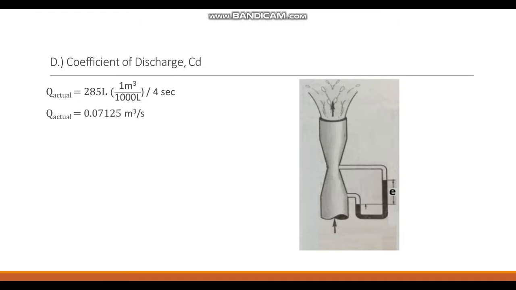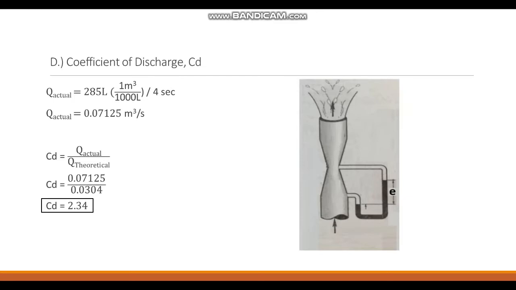For calculating the coefficient of discharge, first we need the value of QA and QT. Given that we have 285 liters of water collected in 4 seconds, we could solve the actual discharge by dividing them. First, you need to convert liters into meters cubed simply by dividing it by 1000. Next, divide the volume collected, 0.185 meter cube, by the time 4 seconds to obtain the actual discharge, giving us a value of